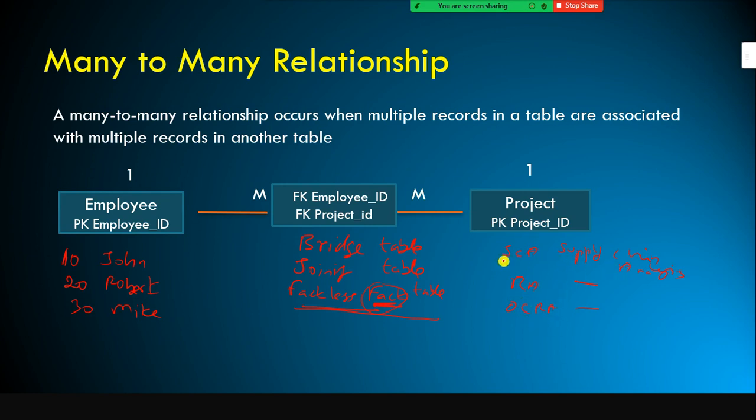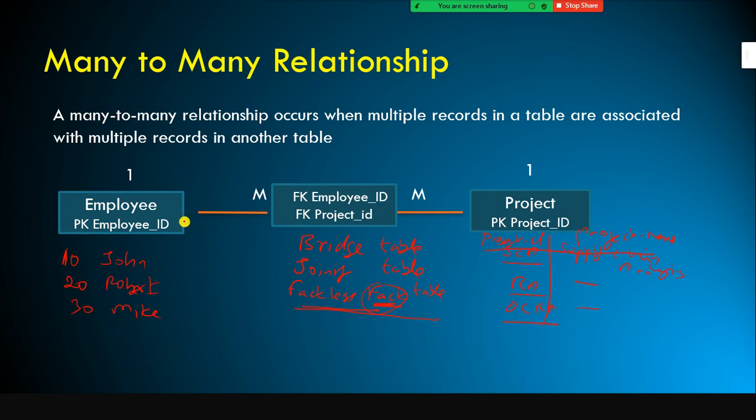For each project, you need to use a unique value because this is the primary key column. This column is your project ID, and this column is your project name. Got it? This is the employee ID, this is the employee name.